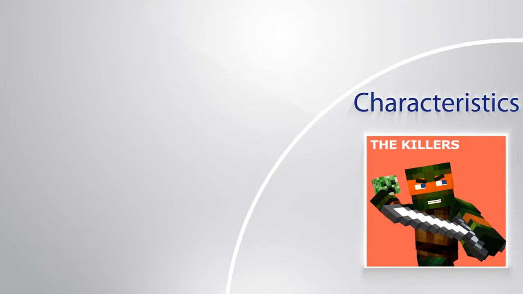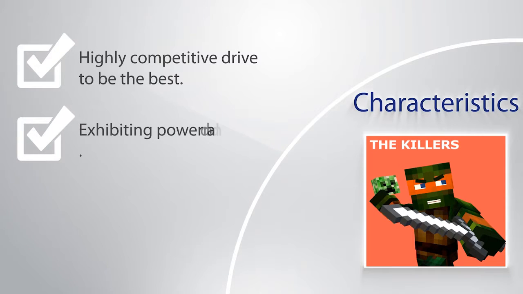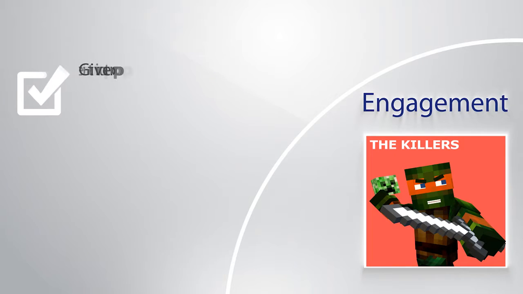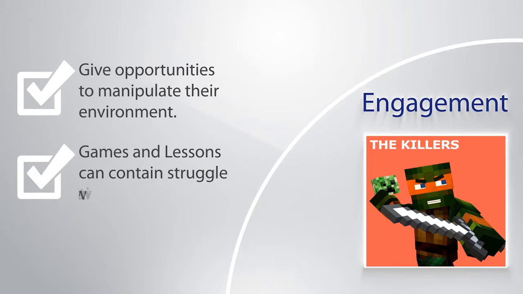Number 1, the killers. I want you not to sweat the name. They don't always want to kill. Killers can also represent a highly competitive drive to be the best, to exhibit power and influence over the world around them in a godlike manner. Often, though, this does end up leading to destructive tendencies. But if we give these players plenty of opportunity to manipulate their environment, this is the key. Games and lessons which contain struggle, danger, environmental manipulation, or opportunities for battle against some antagonist will be very engaging